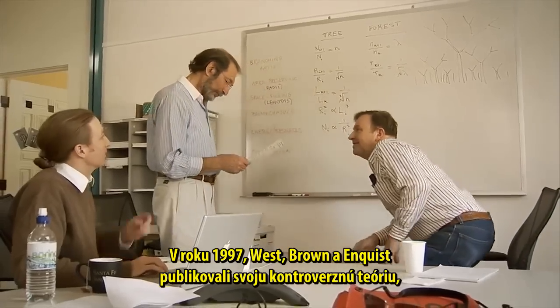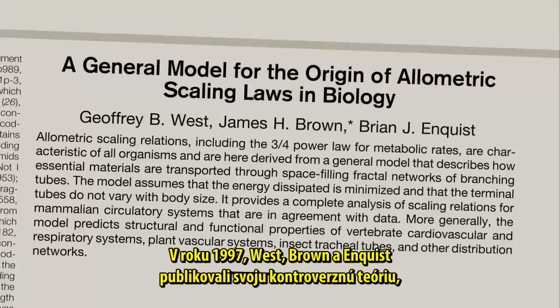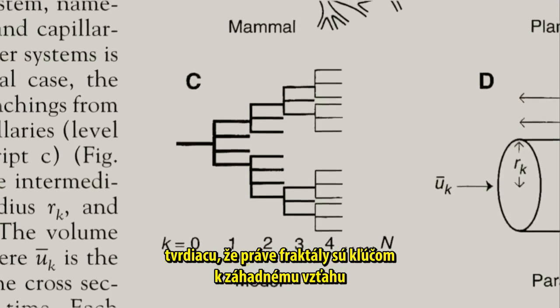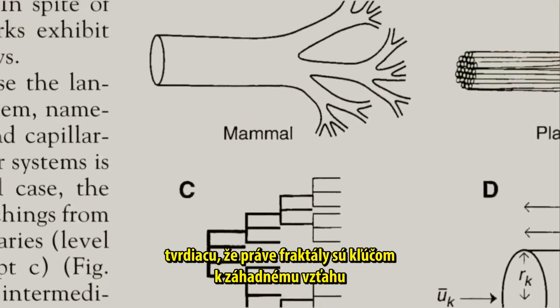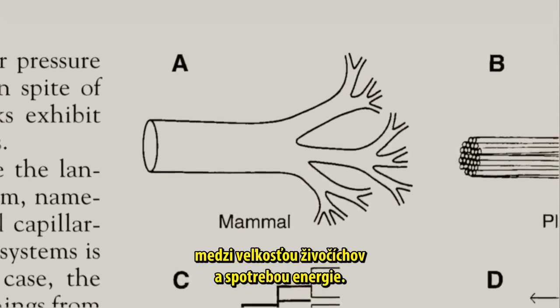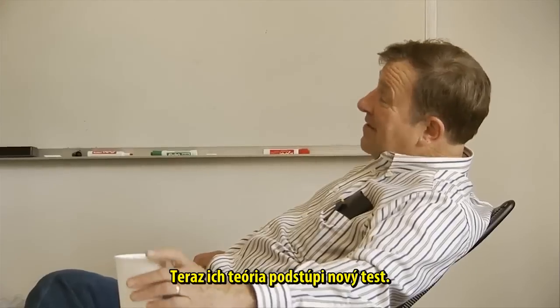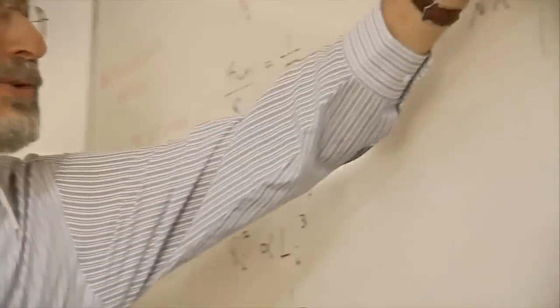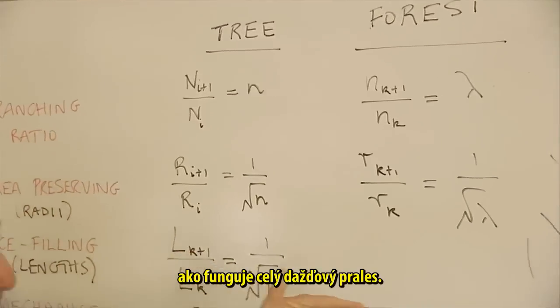In 1997, West, Brown, and Enquist announced their controversial theory that fractals hold the key to the mysterious relationship between mass and energy use in animals. Now they are putting their theory to a bold new test, an experiment to help determine if the fractal structure of a single tree can predict how an entire rainforest works. Measurements of its trunk, the next